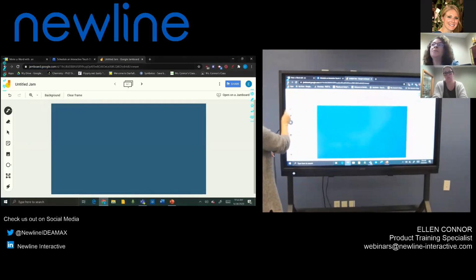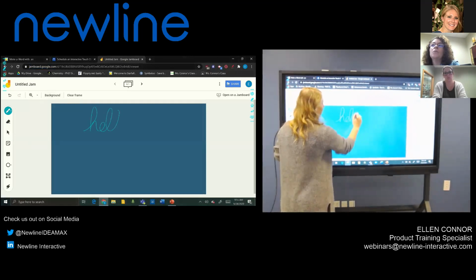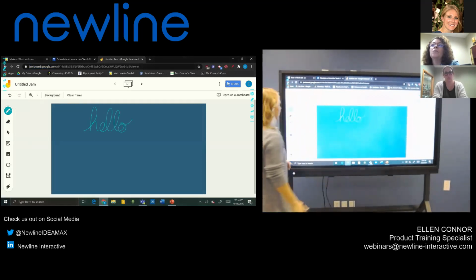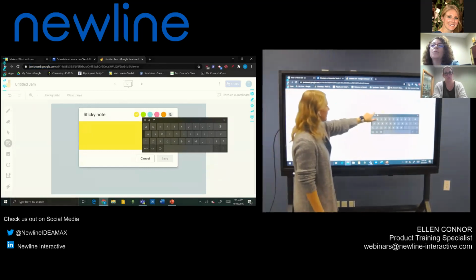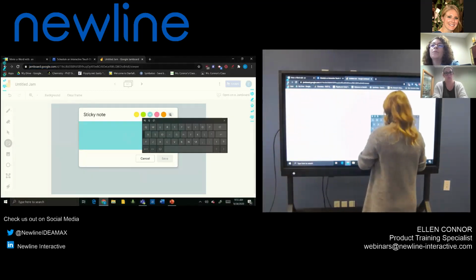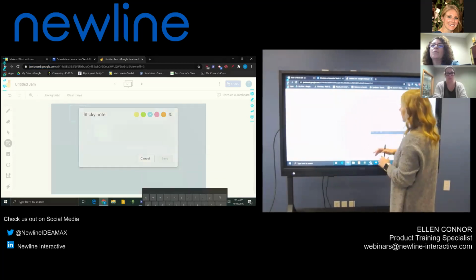But over on the left side, I have a couple of tools I can use. So I've got my writing tool, so I can annotate. Again, it's a freehand annotation. My eraser, we know how that one works. We've got a cursor. There's also sticky notes. So here, if I wanted to have one on the directions or use this at some type of exit ticket for students,